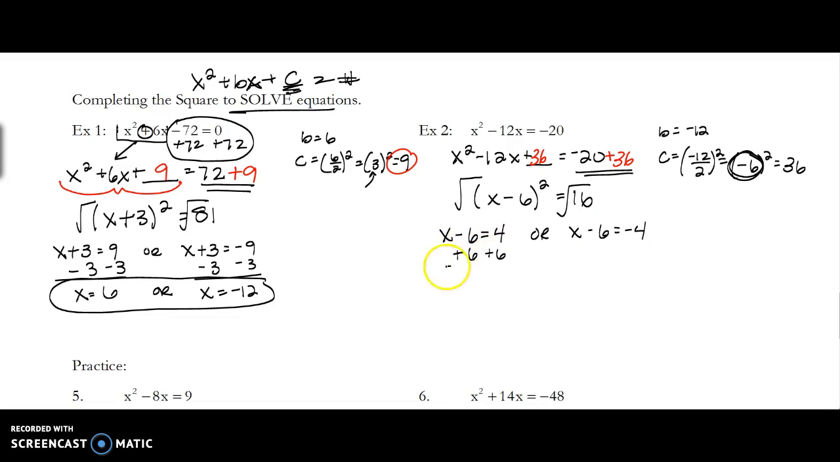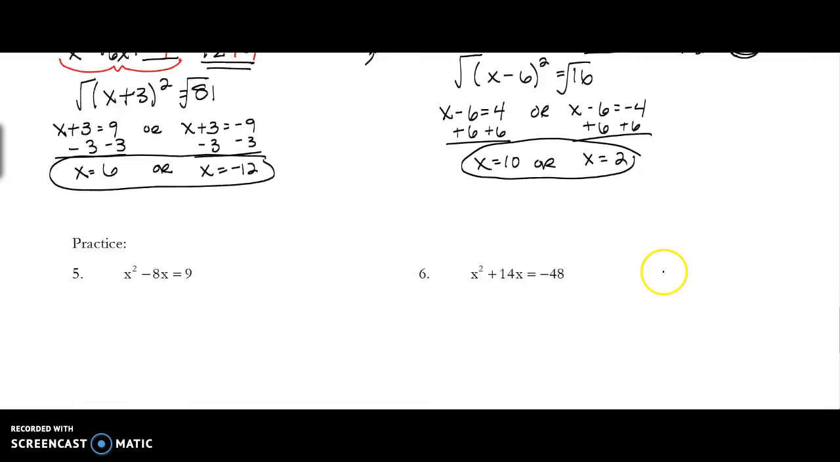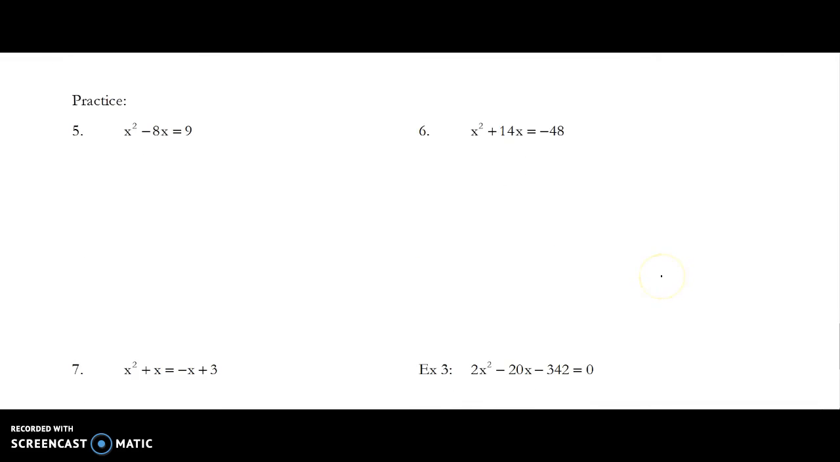So if we add 6, we're going to get x is 10, or when we add 6 to this side, x is 2. And this would be our answer. So again, what I want you to do is pause your video for a second, try the first two, number 5 and 6, and then once you have those solved, we'll go over them, and then we'll do the